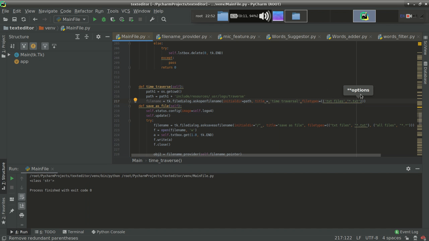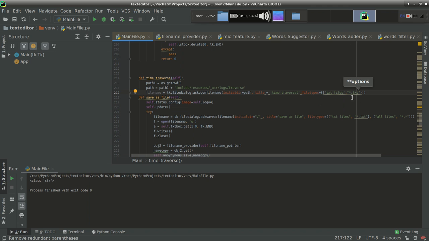And .txt, and one more thing: if I want to open other files, so that I can also open those files, so all files, and then their extension can be anything. So for that you have to use star, meaning their extension can be anything. This is the regex style actually, star. There. So we have the file name also.